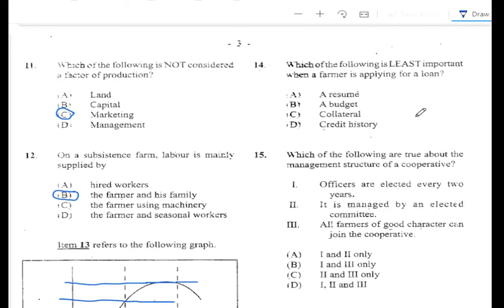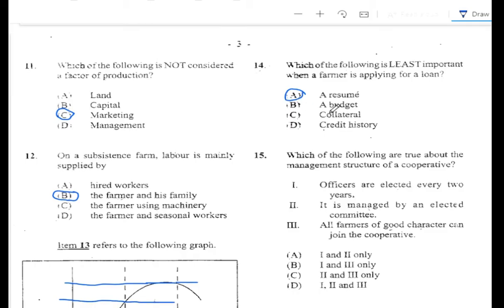Question number 14. Which of the following is least important when a farmer is applying for a loan? A, a resume, B, a budget, C, collateral, D, credit history. The answer is A, resume. They would always want to see a budget. Collateral is what you put in place of a loan. So if you borrow a loan, they want something to hold on to. If you cannot pay the loan, they'll hold on to that security